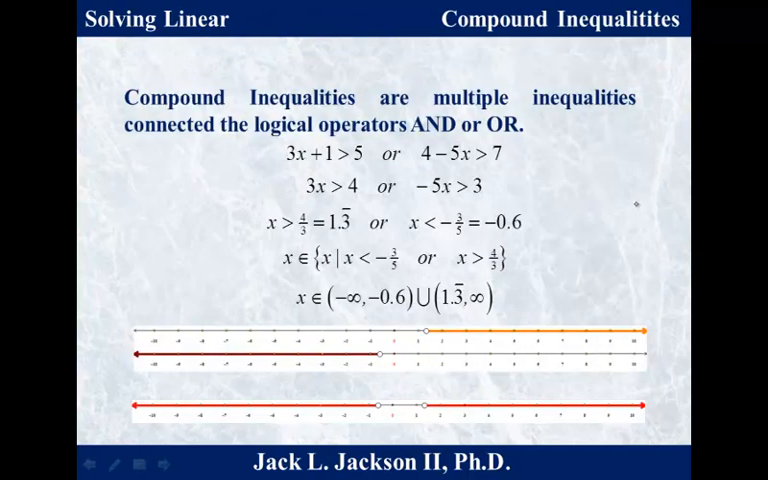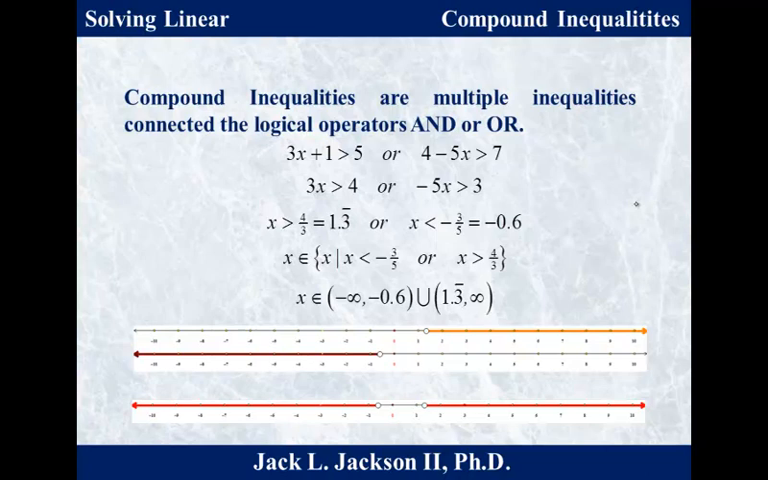Now let's look at what we call compound inequalities. Compound inequalities are multiple inequalities connected by logical operators and, or perhaps or. Now remember, we've talked about this before. Or corresponds to which set operation? Union. And corresponds to which set operation? Intersection. So if we have 3x plus 1 is greater than 5, or 4 minus 5x is greater than 7,